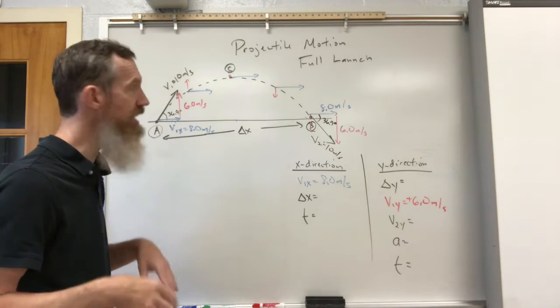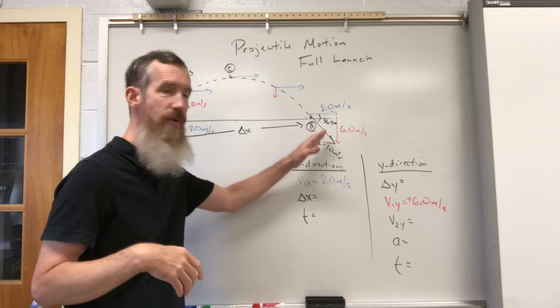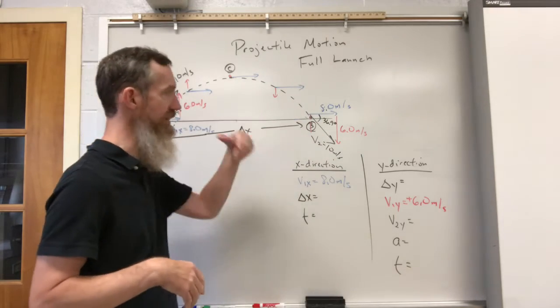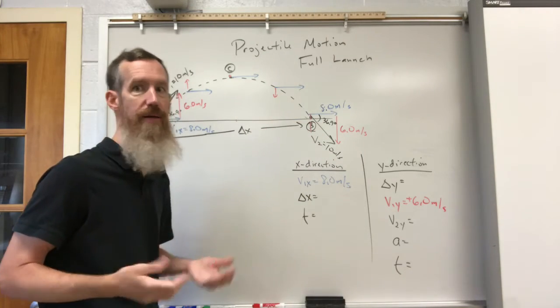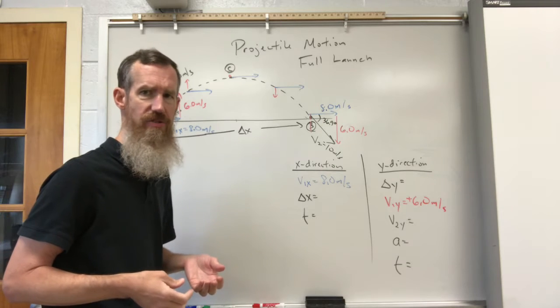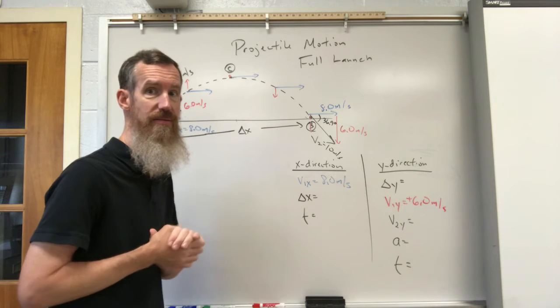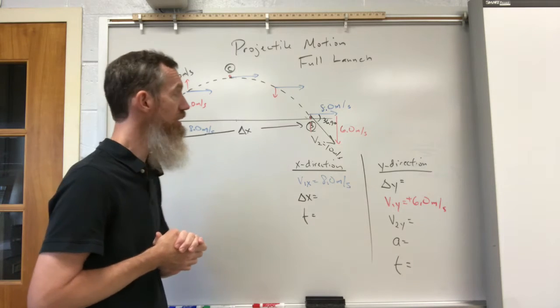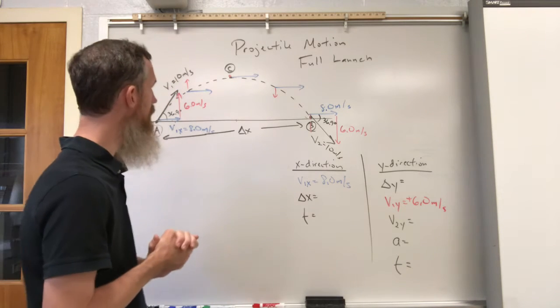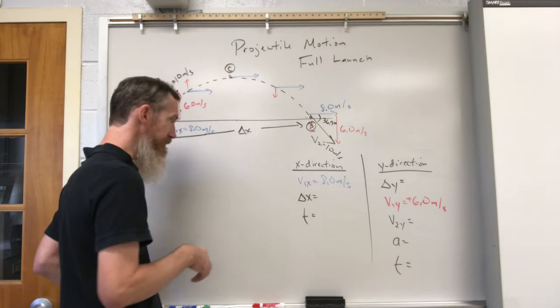Now, if I want a velocity anywhere else along the pathway, then this shortcut isn't going to work. I'm going to have to do the work and the calculations. I'm going to have to find quite a number of things. But we'll get into that a little later. Before I get into that, I do want to talk about finding